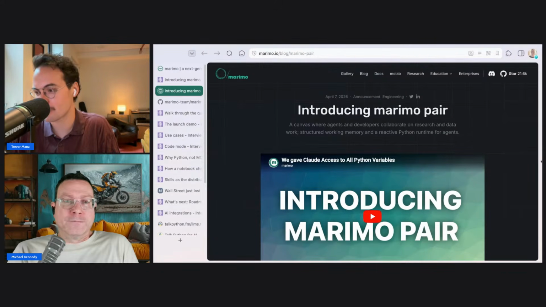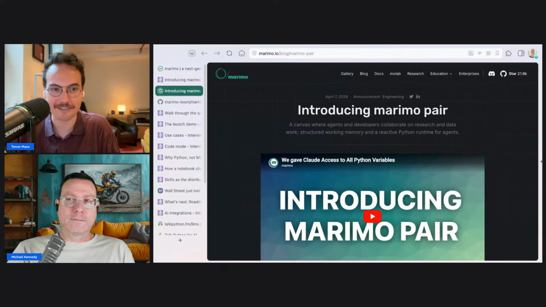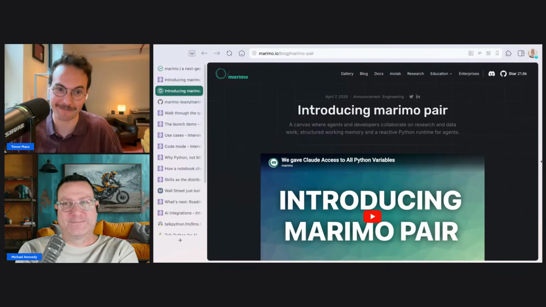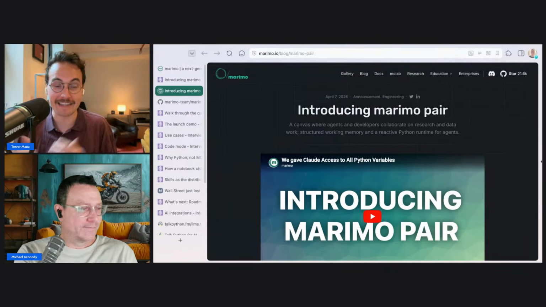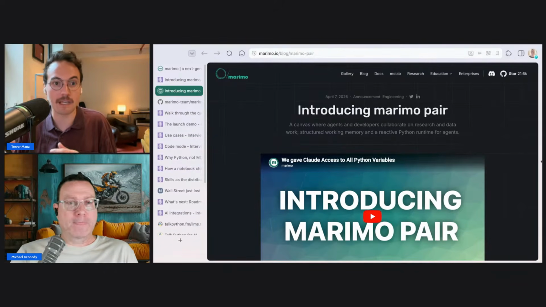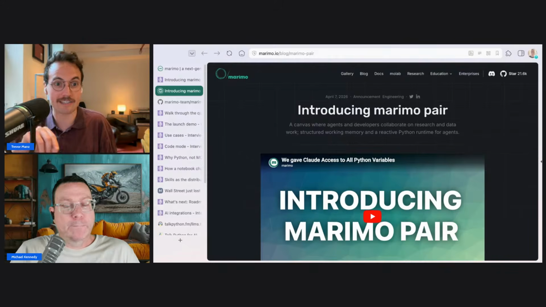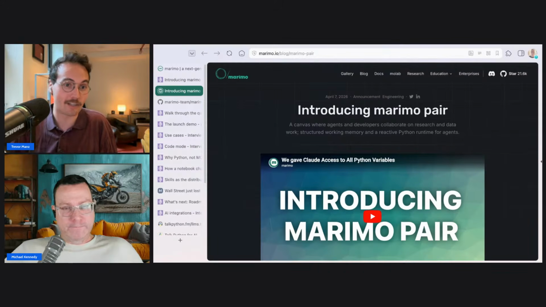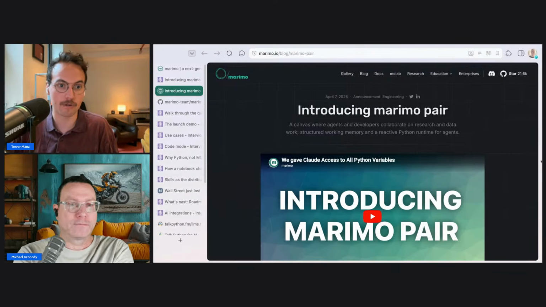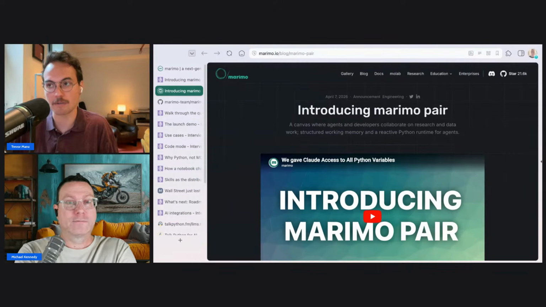Yeah, this concept you're talking about. I had this experience where I was trying to help my dad look at some data he had in Excel, and notoriously, it's very annoying to load an Excel file in Python because you end up writing your own little parser to figure out the different subsets of the tables. And at the end of the day, what I really wanted were a couple of data frames that I could plot inside of the notebook. Being able to just drag the Excel file from my UI over into Marimo Pair and say, hey, can you just load these 3 tables inside the notebook, and let the agent chug away at figuring out how to create those plots for me? Maybe that would have taken me an hour to do by hand before, and it took a couple of minutes for the agent, or maybe even a minute.